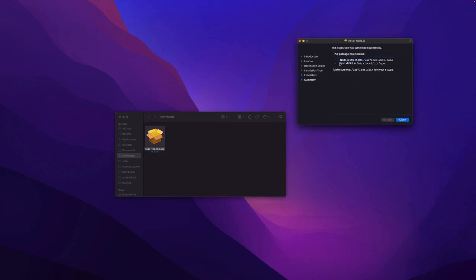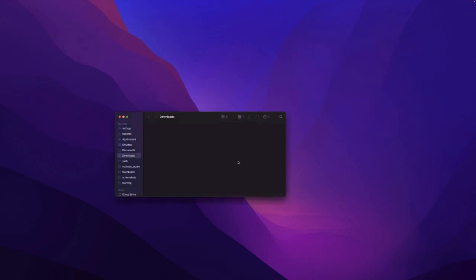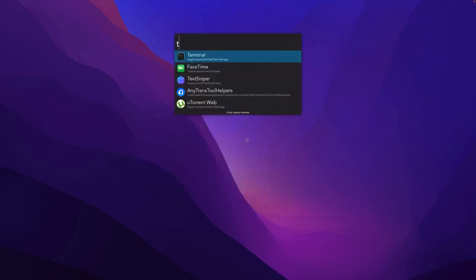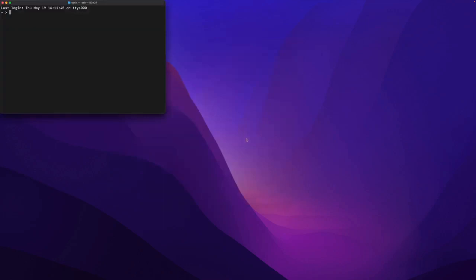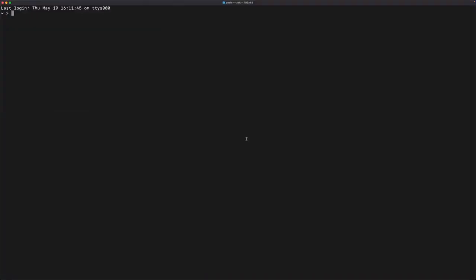16.15.0 and NPM 8.5.5. So next, there is a way for us to verify the installation. Let's go ahead and close this, move to trash, close this as well, and let's open terminal here, and I'll just make it full screen, increase the size, and what you can type here is node -v, and it will show